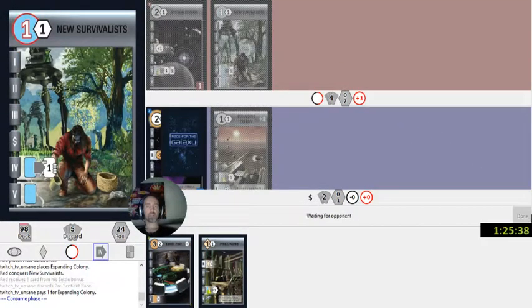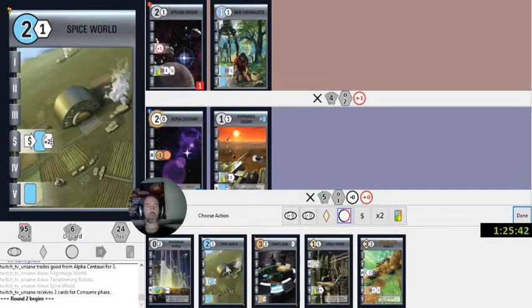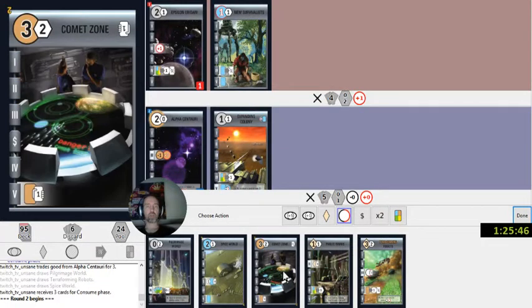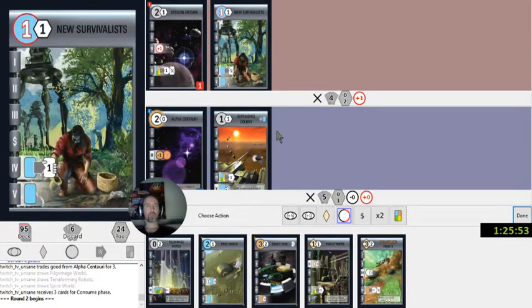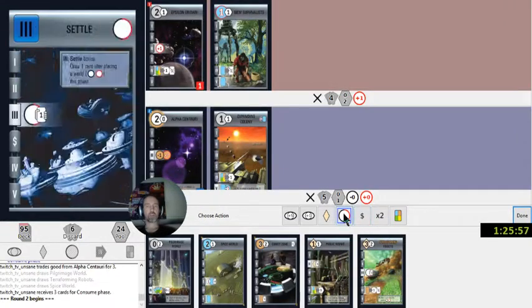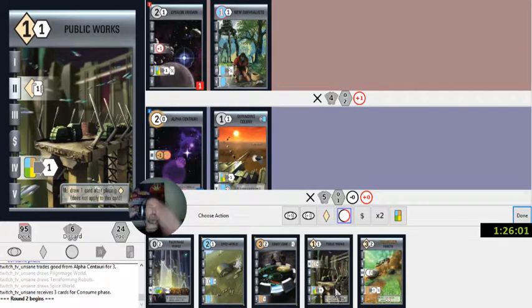And survivalists. Wow. Whole bunch of playable stuff. So we want to get 3 goods out and 3 consume powers. How do we do that? If we export a 7 and then dev, settle. Does that work? 7, 6, 3,